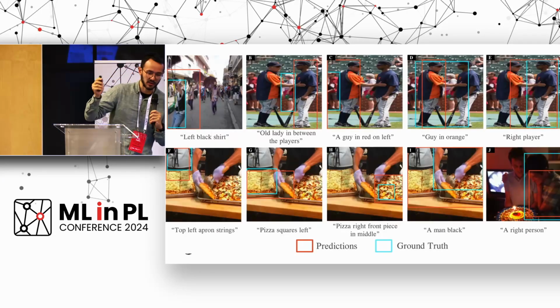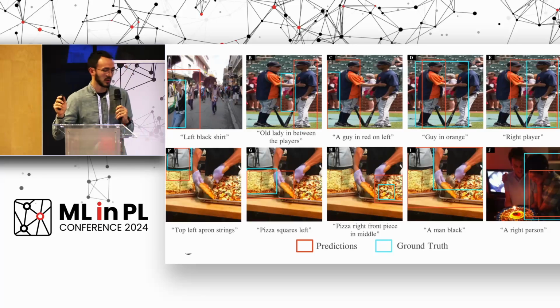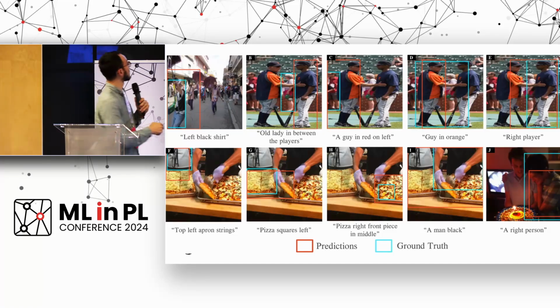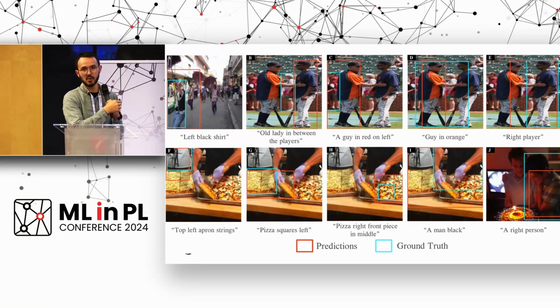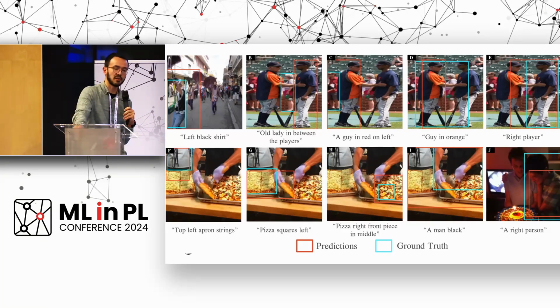And we can also evaluate on RefCOCO, which is one of these datasets where you can evaluate referential localization, which typically looks like: give me the location of the left black shirt. Then what you need to predict is this blue bounding box, and our model actually predicts the red one. For evaluation on this dataset, we slightly modified